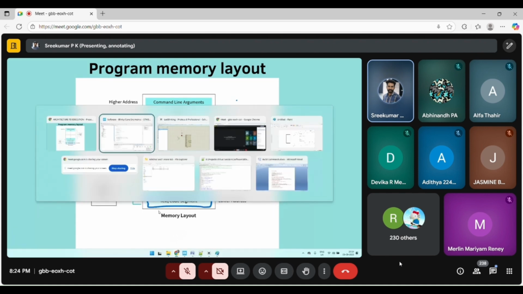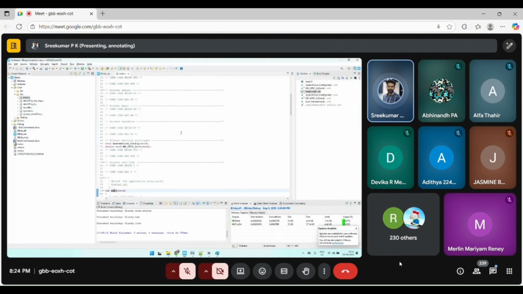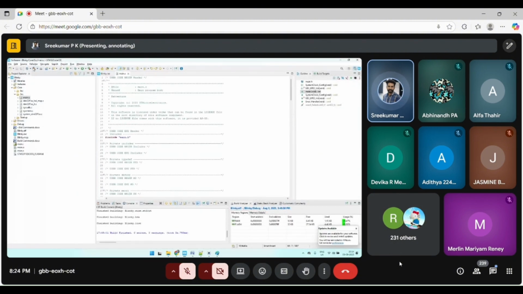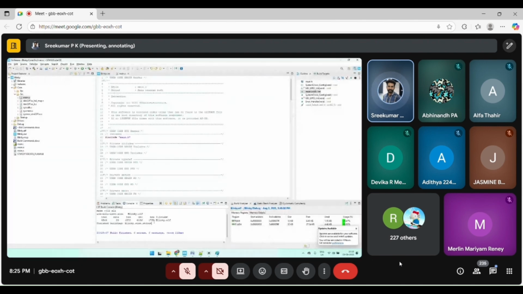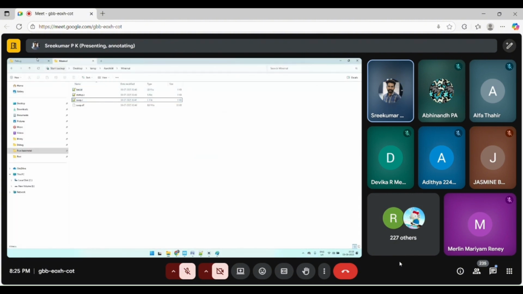This is the code. After compilation, for the compilation, I have to just click this button, this hammer sign. You can see, right? This is an IDE, a software development platform. There, after writing the code, you just click this button in order to create the executable file. After clicking that button, you will get one .hex file. I will show you that code.